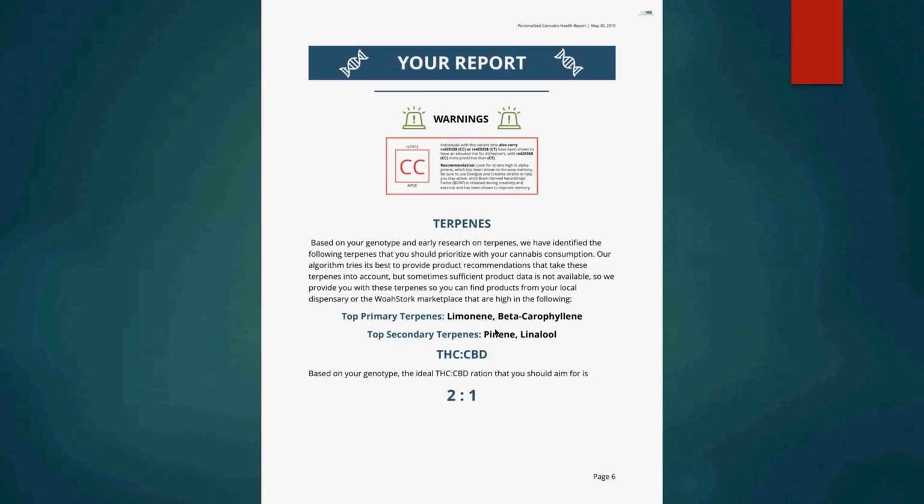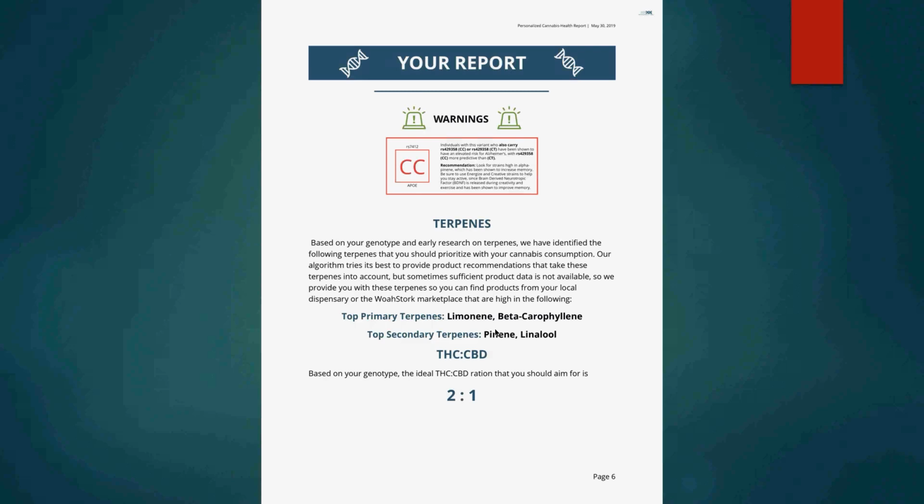And it's not uncommon to see some people with the same primary and secondary terpene recommendations, because if you can recall, we're all 99.9% identical with our DNA. We really are. And it's that 0.1% that determines everything else. So it's not unreasonable to see that two people in the same group, household, street, block, whatever, could have these certain recommendations.